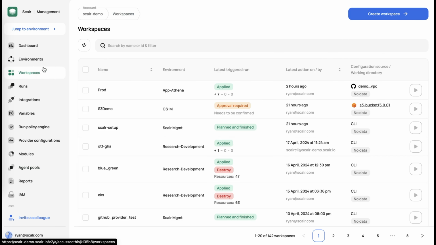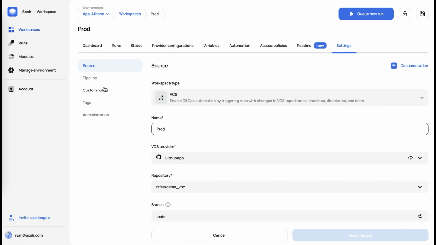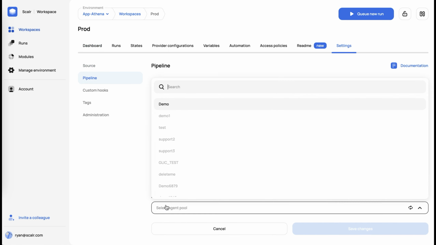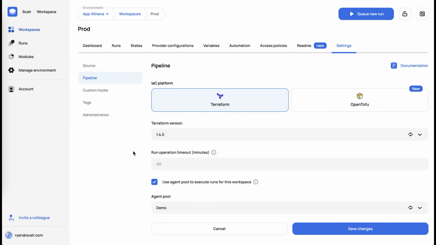With run agents, you can select workspaces, and in those workspaces, you simply go in, check Use Agent Pool, and select the agent pool that you want to use for that workspace, and the runs will then execute on there. So in terms of similarities, yes, we both have self-hosted agents, but that's really where it ends. Main differentiator with Scalr is extra run concurrency for each agent that is deployed, and then having the ability to